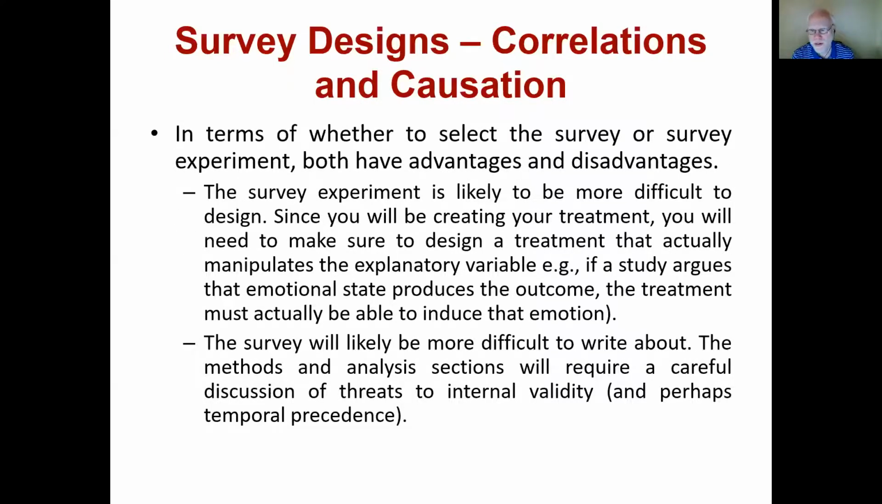So in terms of whether to select the survey or survey experiment, both have advantages and disadvantages. So the survey experiment is likely more difficult to design. Since you'll be creating your treatment, you need to make sure to design a treatment that actually manipulates the explanatory variable. So for example, if a study argues that emotional state produces the outcome, the treatment must actually be able to induce the emotion. So if you're saying that like anger